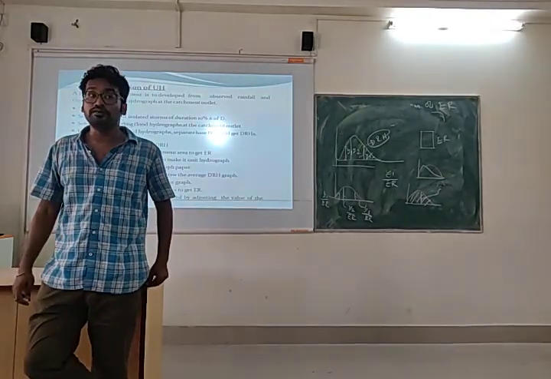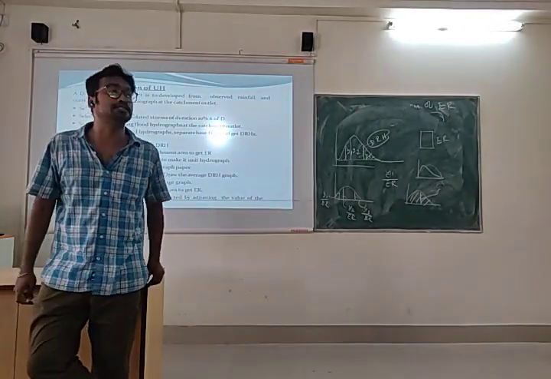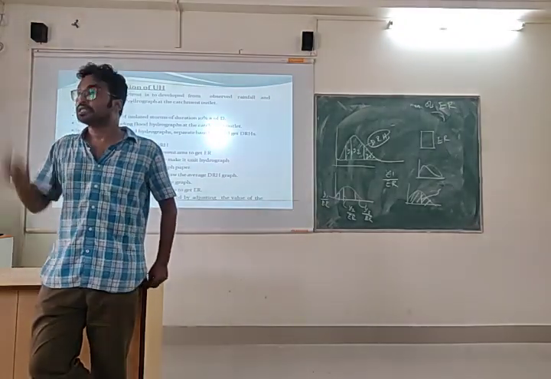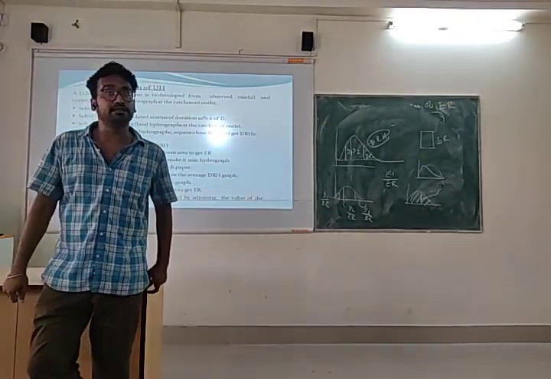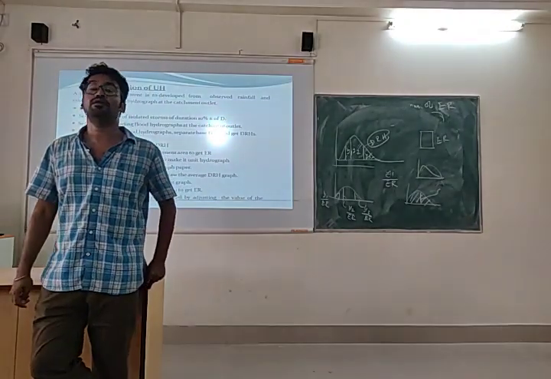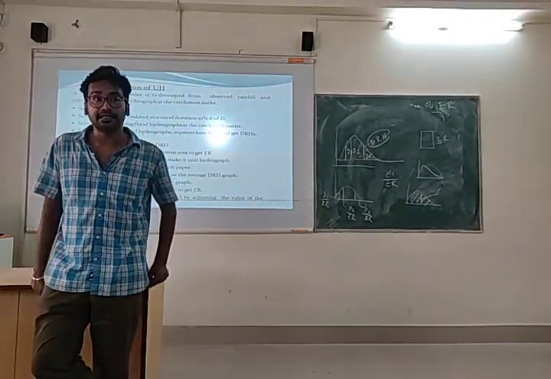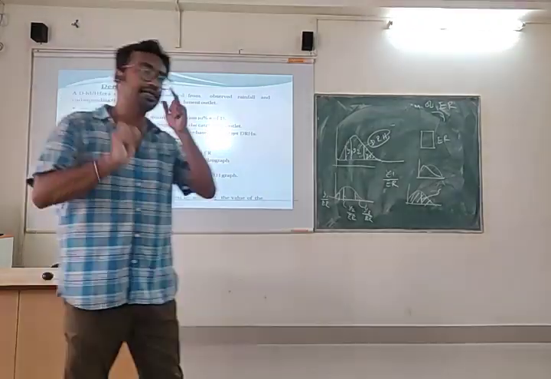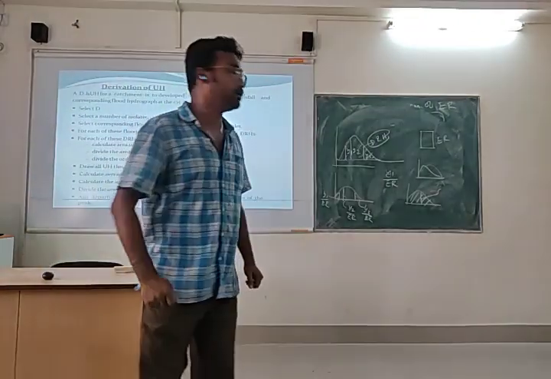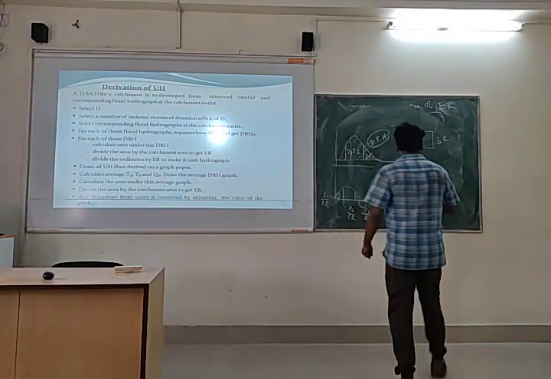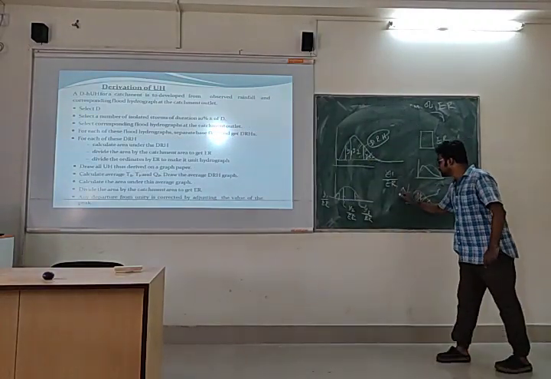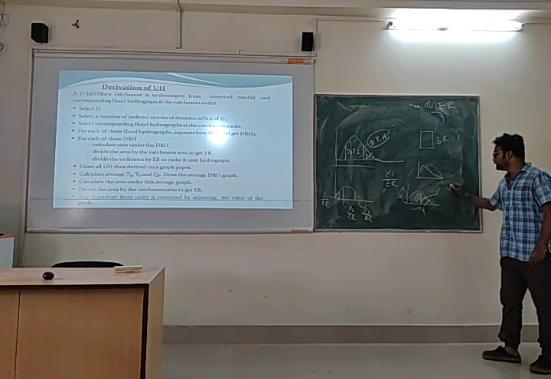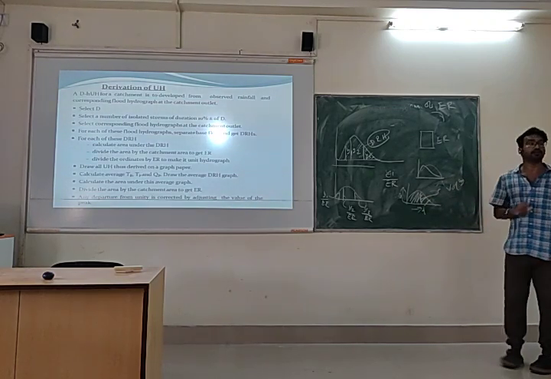Volume of runoff due to 1 centimeter of excess rainfall for the DRH. That is the volume. If you divide the volume by the catchment area, what will you get? You should get 1 centimeter of excess rainfall. If you find out this area, where this is discharge and this is time, you will get the volume of direct runoff.